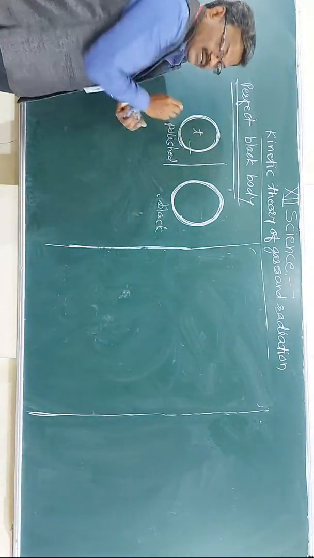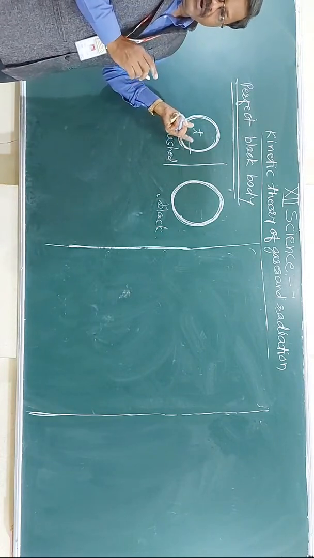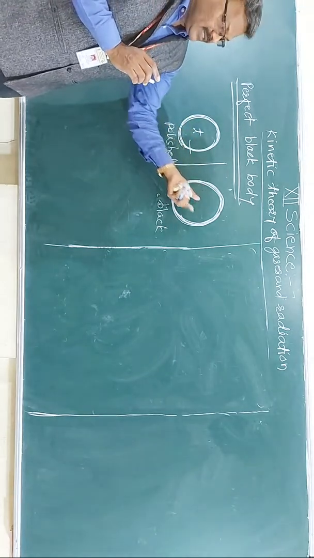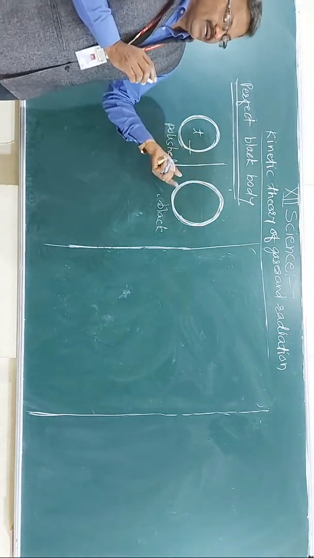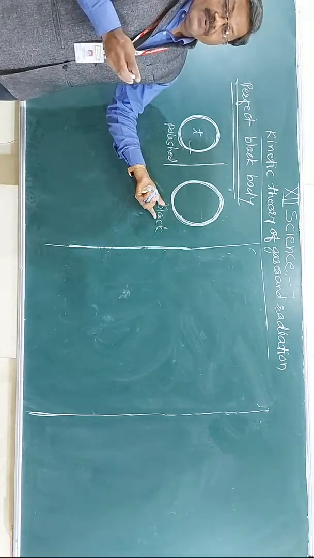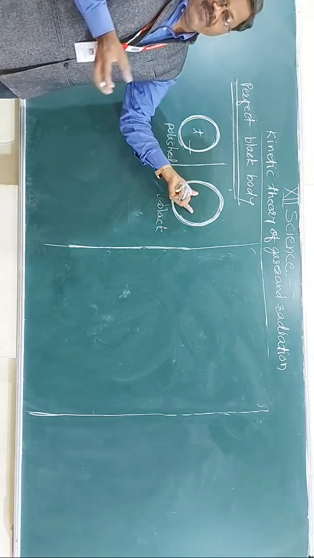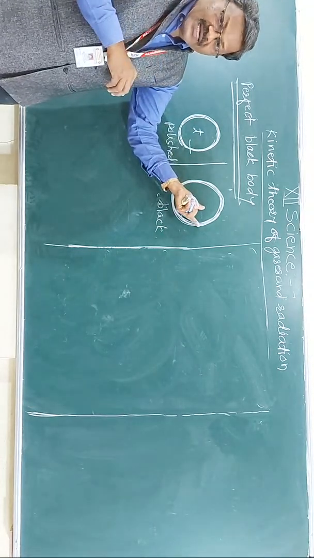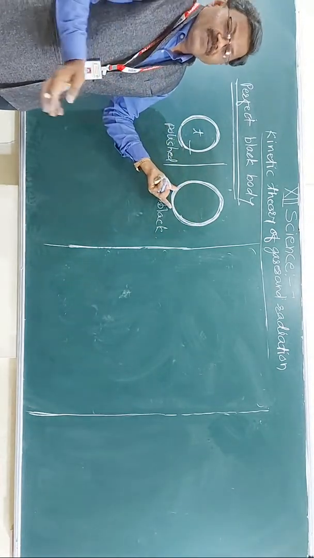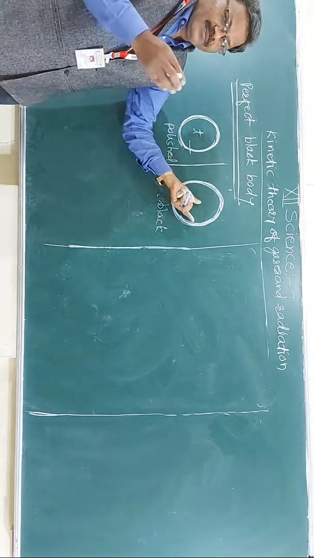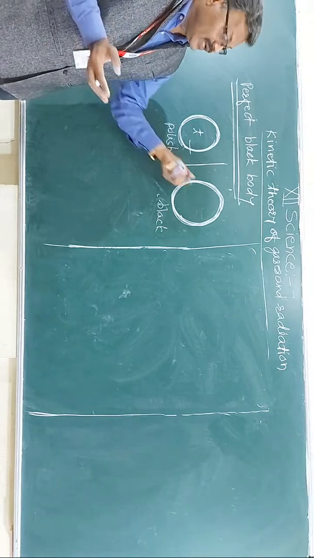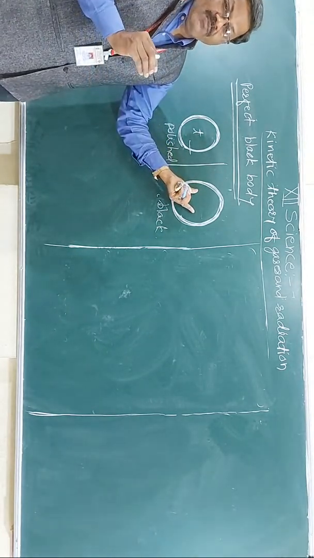Therefore, its temperature remains constant. Otherwise, if the rate of absorption is greater than the rate of emission, then the temperature of the body increases. And if the rate of absorption is less than the rate of emission, means energy absorbed is smaller than the energy emitted by the body, in this case, the temperature of the body